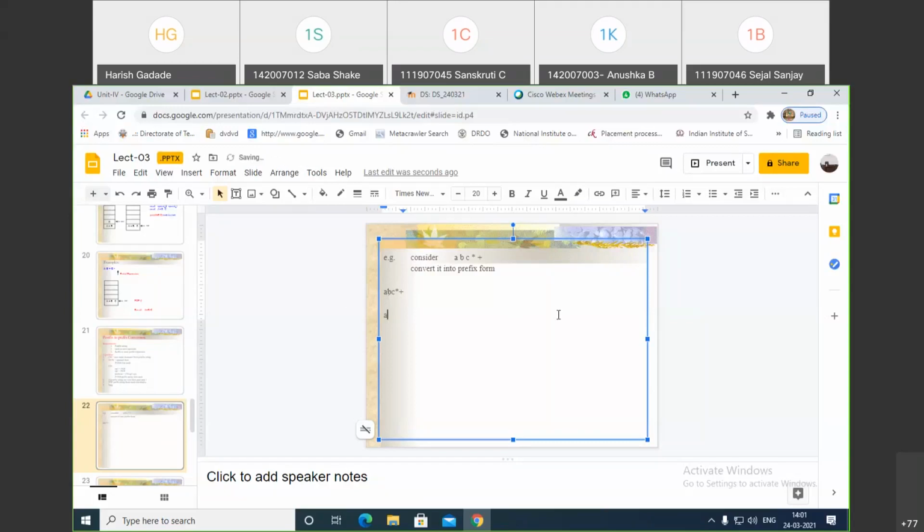So A, then B star C, and then plus, right? Now this B star C becomes a single element. In the next step, this is A plus, then B star C. This is a single element.